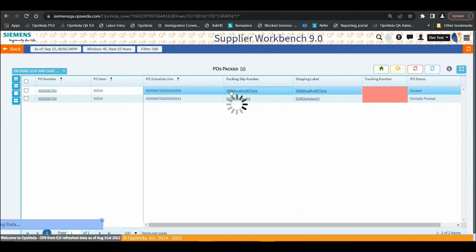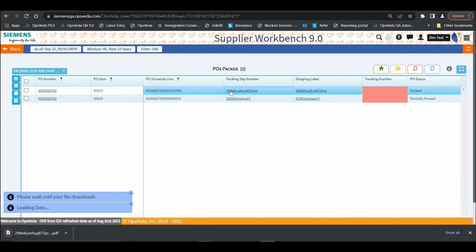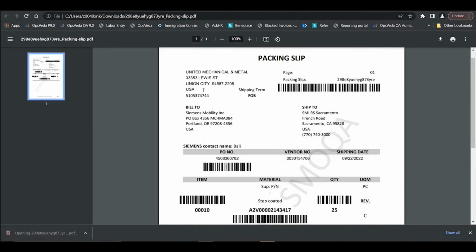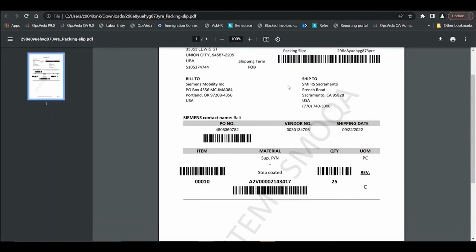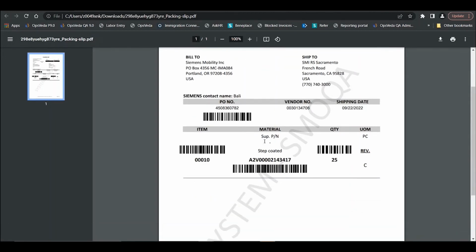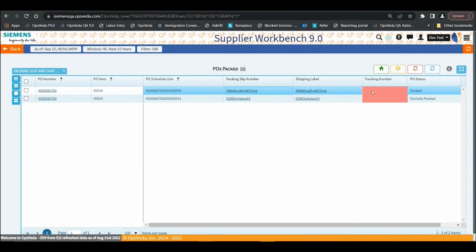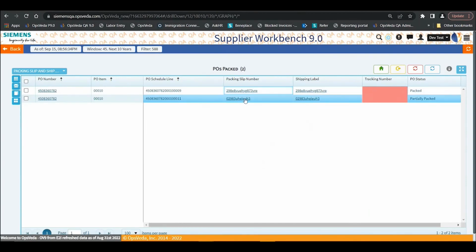If you click on the packing slip number, I open the packing slip number, and this one has most of the information of your vendor details. Then you have bill to, ship to, vendor number, what is the part number, what's the part name, how much quantity is being shipped. So the first one we have fully packed but not shipped because the tracking number is empty. For the second one,